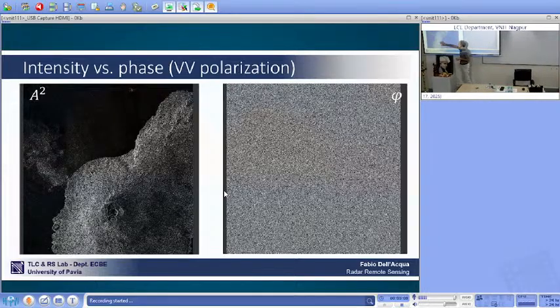If you look at the amplitude image, as I said, it makes sense to the human eye. You see there's the caldera of the volcano. The volcano is a sort of a cone with a reverse cone on top, which is called the caldera, where the lava flows may flow out. We look at the image and it makes visual sense. I see the cone and I see the caldera. I can also see